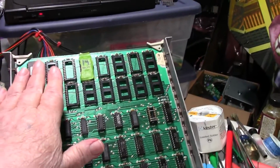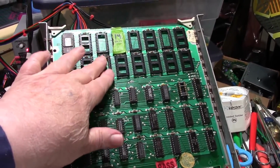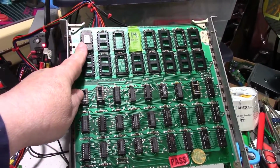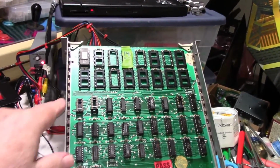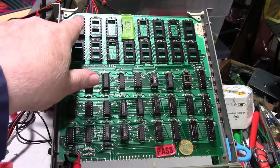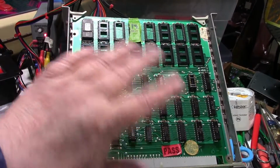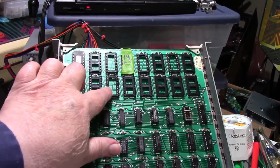So that's why I decided not to replace any of the other chips. But I did replace this one because I'd pulled the top off of the socket. And I'd replaced this one because the legs had rotted off in it. So I think I created this whole problem myself. The other day, before I remembered this, because I'd forgotten that I'd replaced these sockets, I got looking and I said, well,